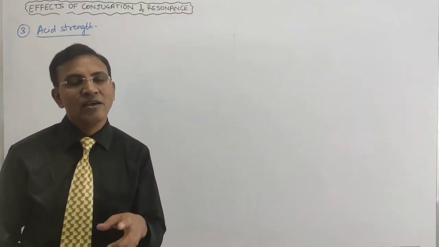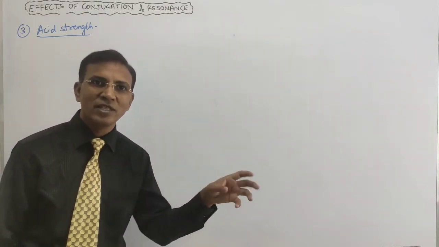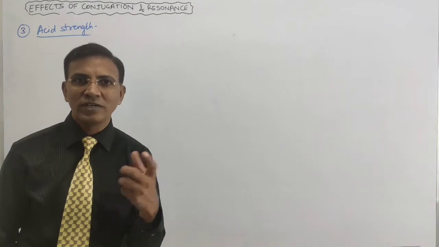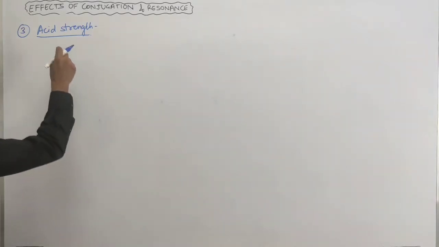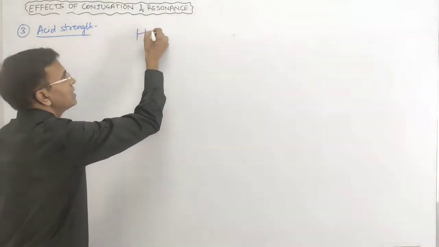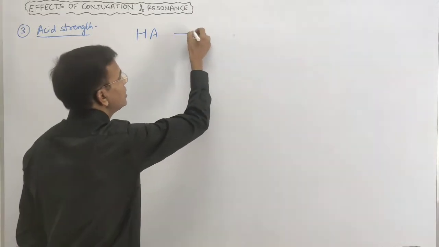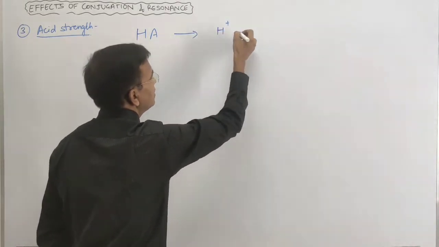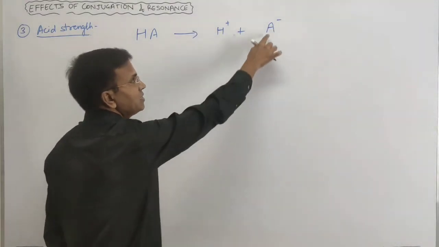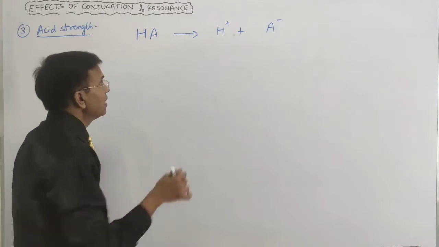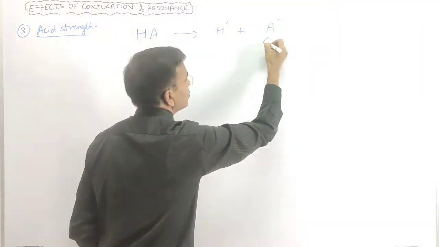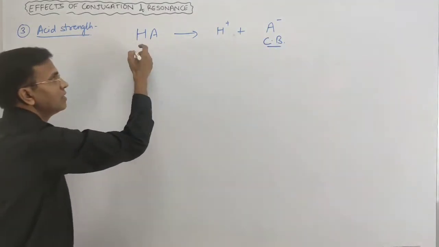Relative acidic strength with the help of conjugation present within the molecule, right? Whether the acid strength increases or decreases, what will take place? Let me explain. Suppose this is an acid. It is going to release an H positive ion and the A negative species. This is the base, the negative charge, and this base comes from this acid. That means this is the conjugate base of this acid,